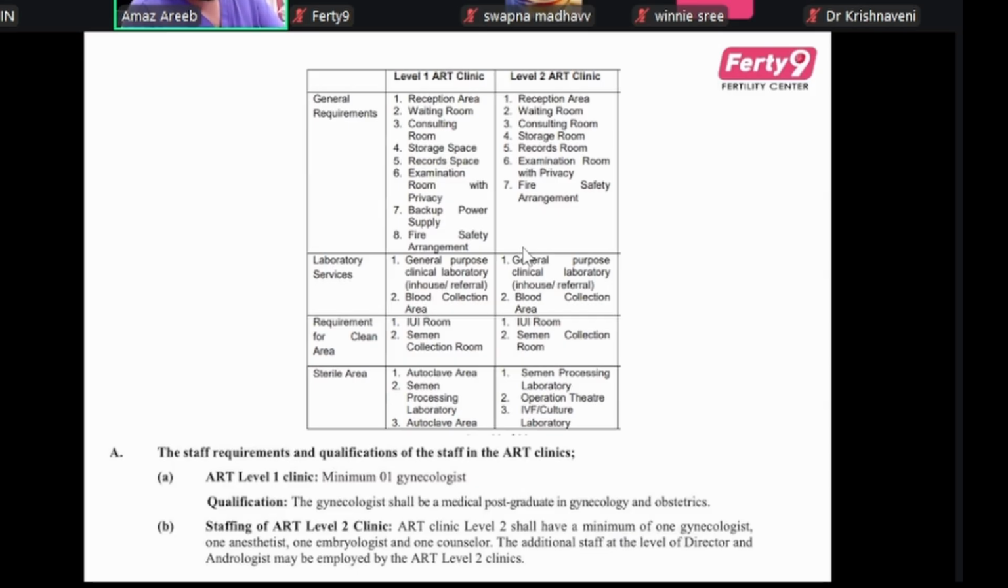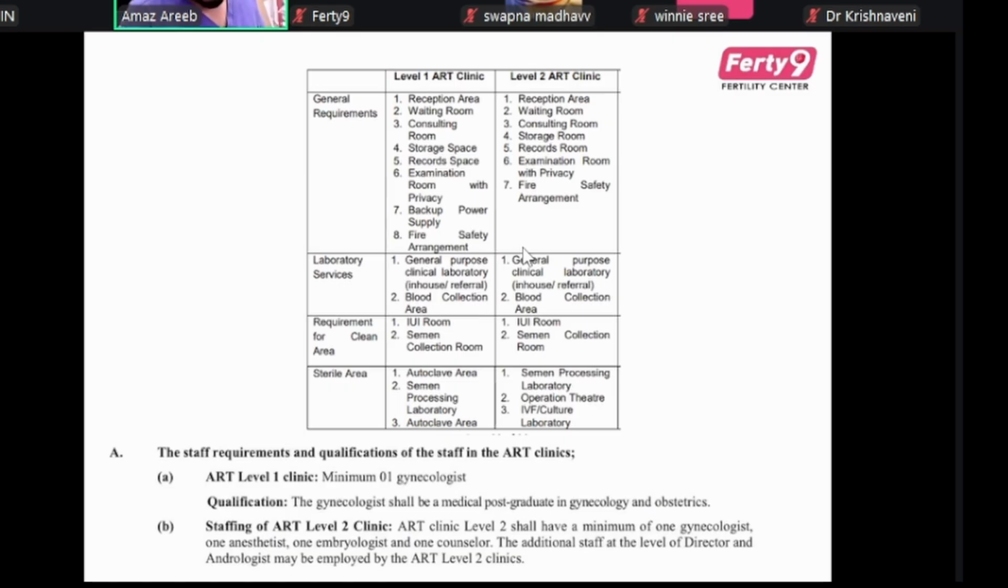regarding the services or regarding the treatment, and that also has to be documented in a register called the grievance register. There is a format for grievance also in the ART rules book. You can download that and give it to a patient. And the staff requirement for level 1 is one gynecologist. The gynecologist should have a postgraduate in obs-gyn, and an andrology technician who is trained well enough